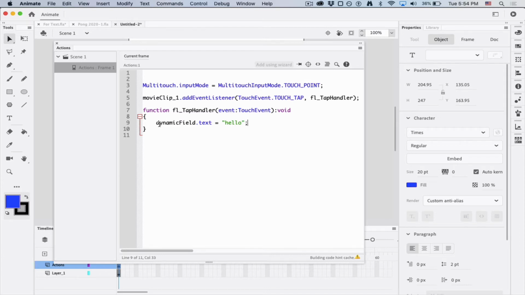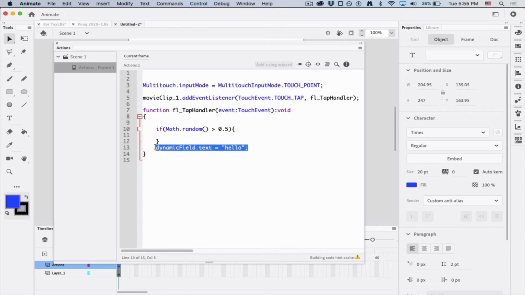Okay, let me just play around with this a little bit. How about I randomly put something there? So I'm going to go if math.random, something a lot of you have seen before. If not, very straightforward, and you're going to want to use it in your games. Math.random returns a number between 0 and 1. So if math.random is greater than 0.5, in other words, 50% of the time,